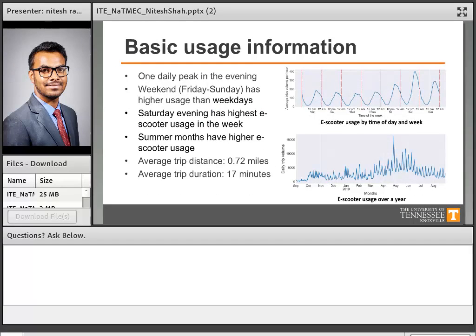Basic descriptive statistics can give a sense of general e-scooter users. In the top figure on the right, you can see e-scooter users by time of day and day of the week. The y-axis is average e-scooter trips per hour, and the x-axis is the time of day. All the days of the week are stacked horizontally. As you can see, there is only one peak in the evening. It doesn't resemble a normal commuting pattern, which has two peaks, in the morning and in the evening. If you compare the scooter trips over a week, weekends have higher scooter trips, mainly from Friday to Saturday. And among that, Saturday evening has the